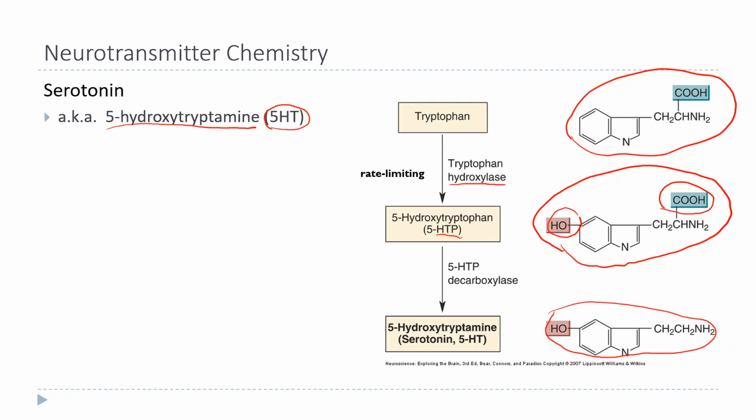The tryptophan hydroxylase is actually rate limiting, but you can manipulate it by the levels of tryptophan. In fact, serotonin, we'll learn later, is involved in, among other things, your sleep-wake cycle. So the parts of your brain that sort of keep you awake and put you to sleep at night have serotonin neurons as part of that network. And you can manipulate serotonin levels, it turns out, by raising tryptophan levels. And tryptophan, being an amino acid, which is found in protein, can be elevated in your system by eating lots of protein. So if you have a high protein diet, you might have a high tryptophan level, and that's supposedly,